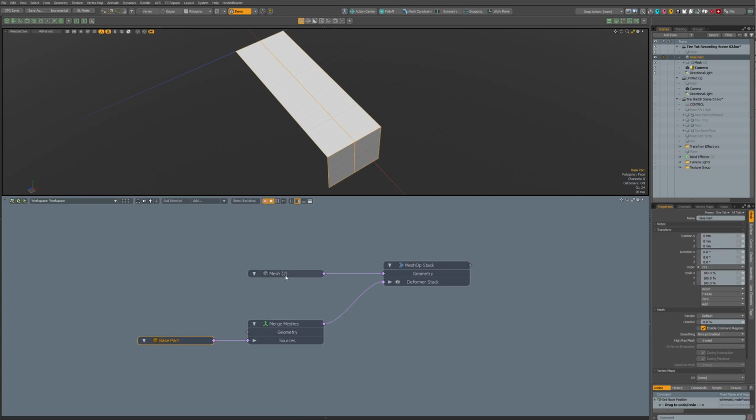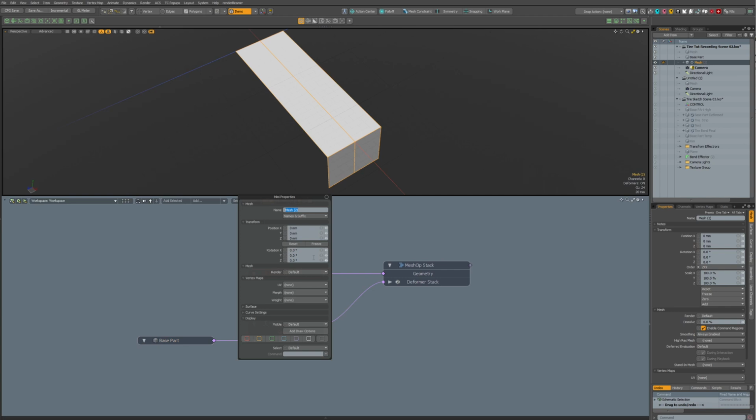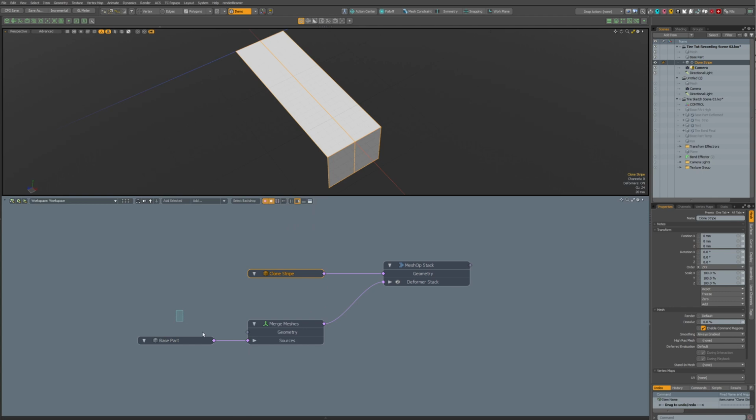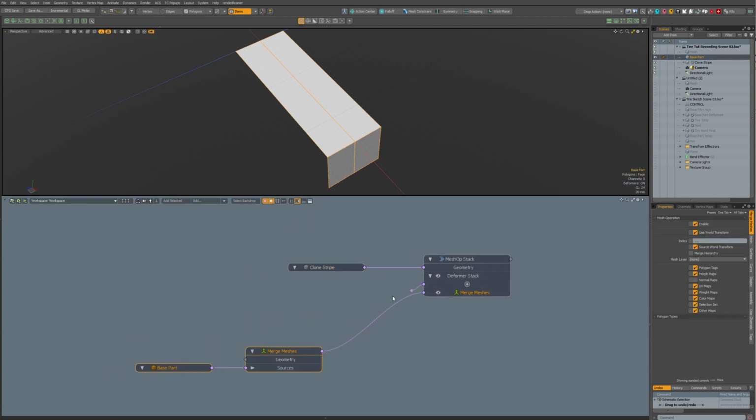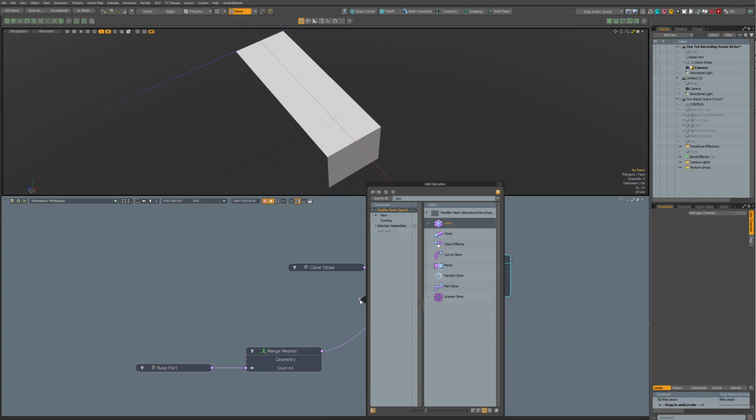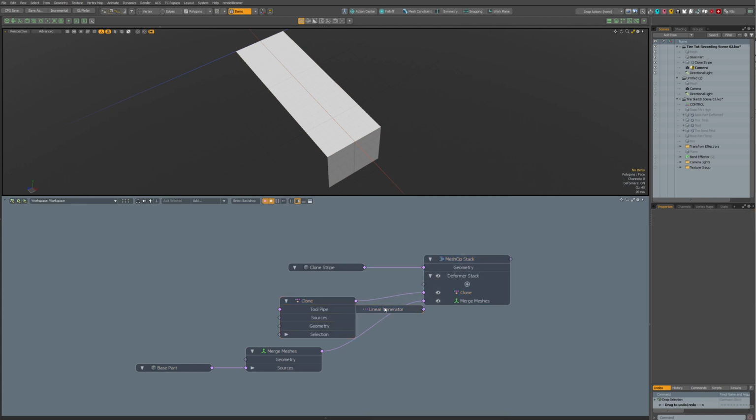So now we have this. Let's make a name for this clone, stripe. Could be a good name. And then add a clone operator. Okay.